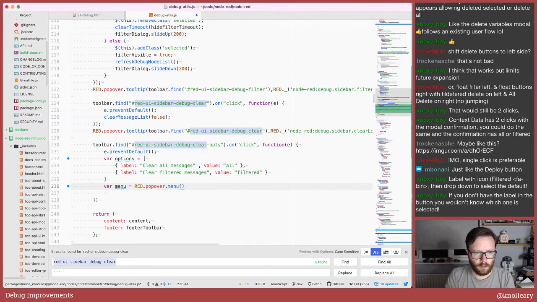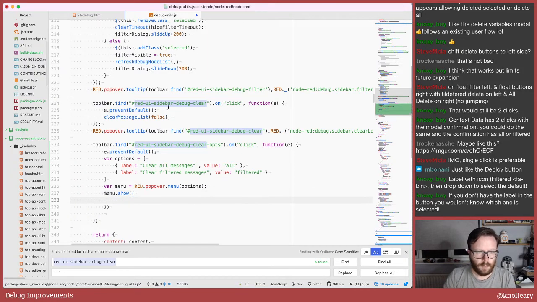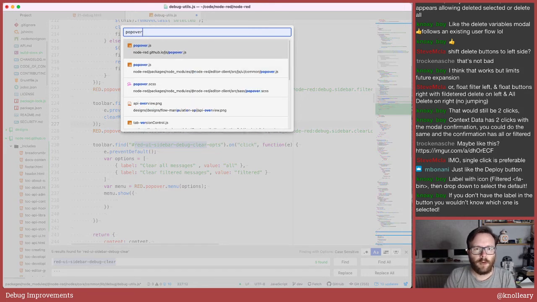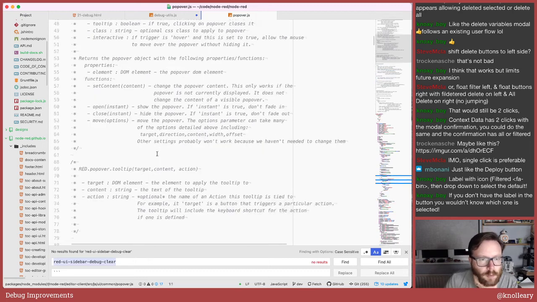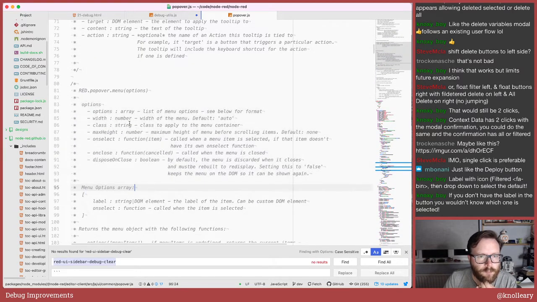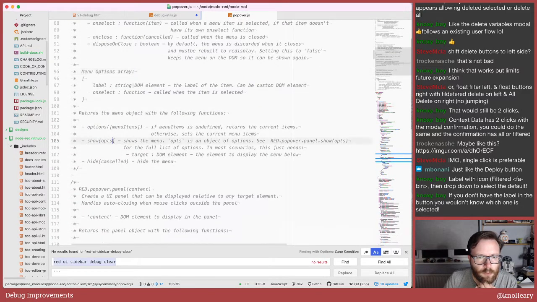Create the menu with those options, then do a menu.show, and this is where I run out of memory of the API. But last week I added documentation for these APIs, at least internally. Does all that, then shows the menu ops as